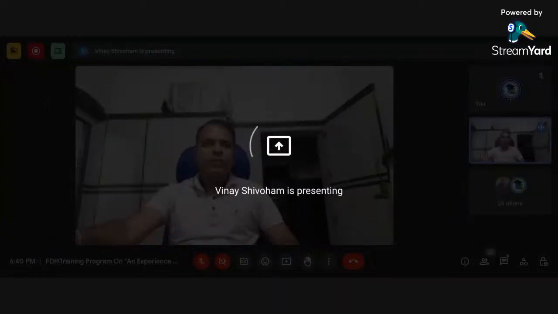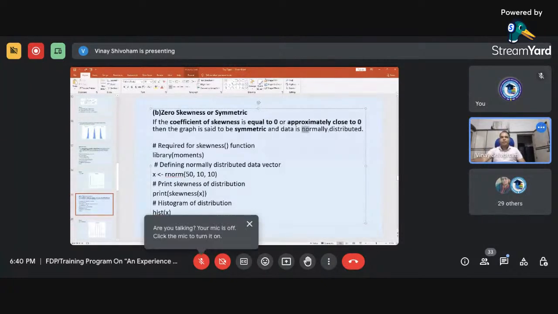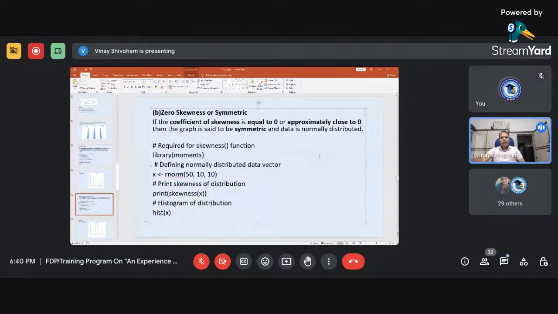Here it is. Zero skewness or symmetric. If the coefficient of skewness is equal to 0 or approximately close to 0, then the graph is said to be symmetric and the data is normally distributed. So if you calculate the skewness and it comes out to be nearly 0, then the data is said to be symmetric. So what you have to do, you have to load the library moments in your computer again, then